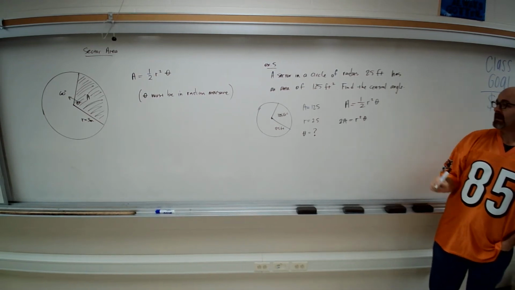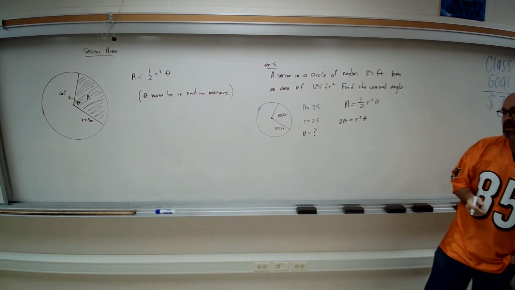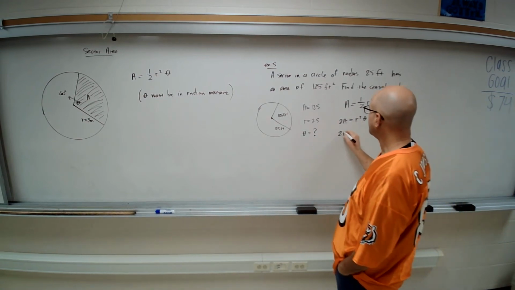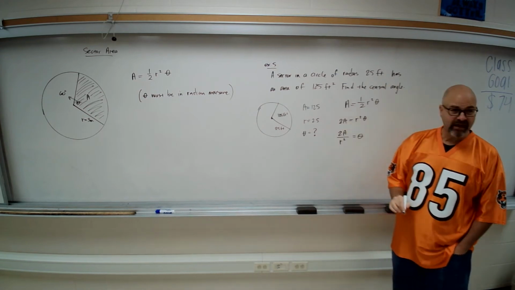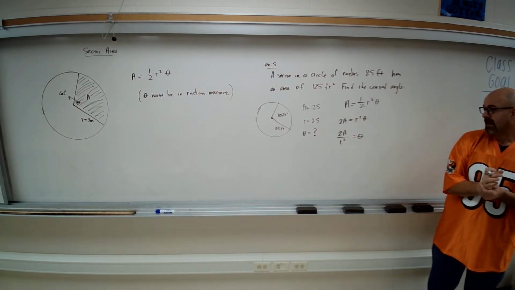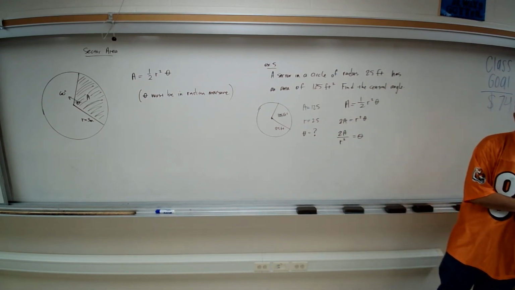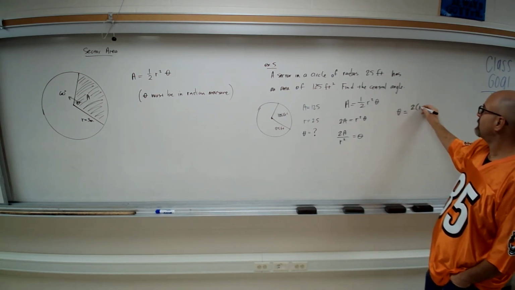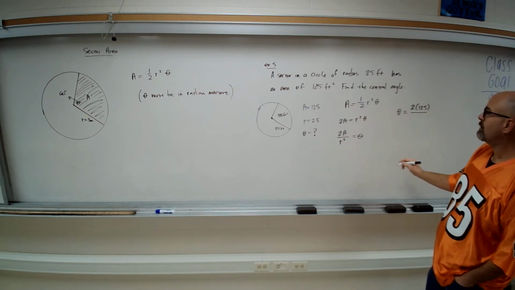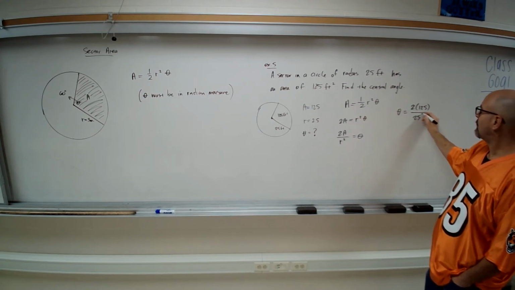Then I want to get theta by itself, so I'll divide both sides by r squared. So 2A over r squared equals theta. At this point, to find our central angle, theta is 2 times 125 over 25 squared,